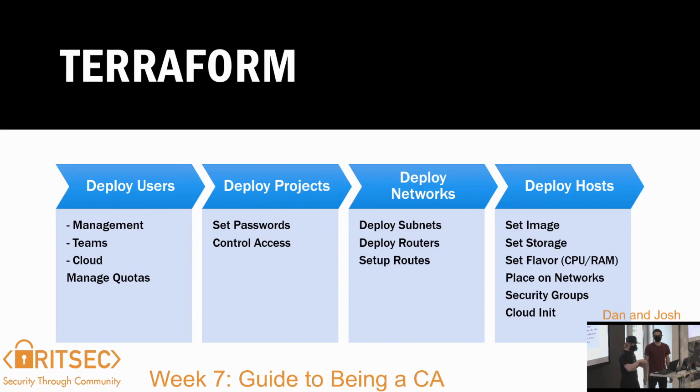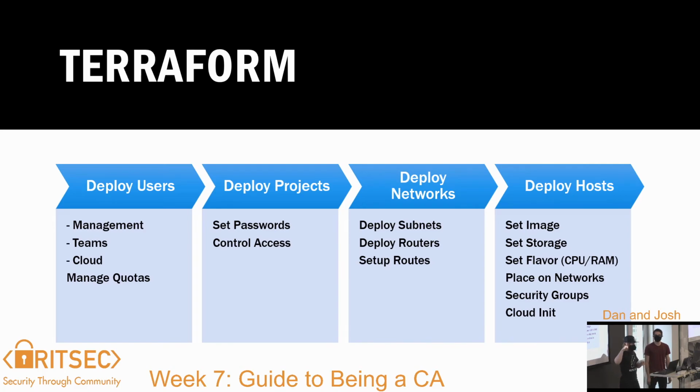The reason this is important is because each team gets their own project so that we can control who has access to it. And we're going to give the teams read access so they can interact with only their VMs and only the ones we're letting them interact with, like the LAN VMs. That's done through Terraform. Deploying the network, so you have a LAN, and a management network, and something that connects all of them, and something that goes to where red team's coming from. All of that done through Terraform.